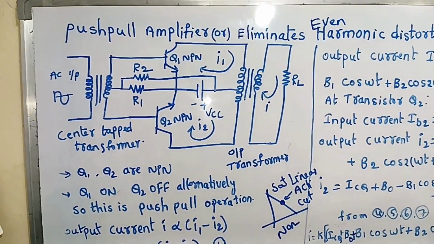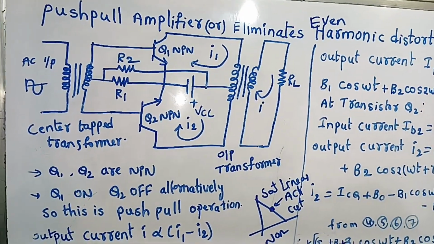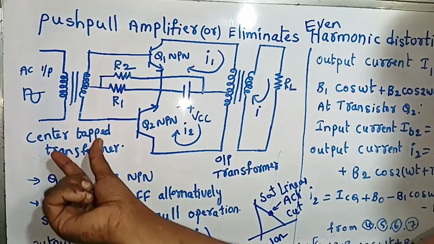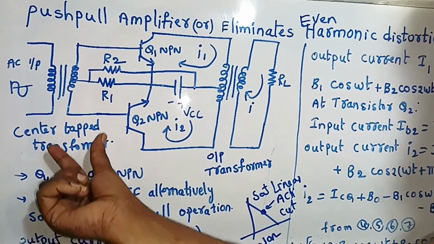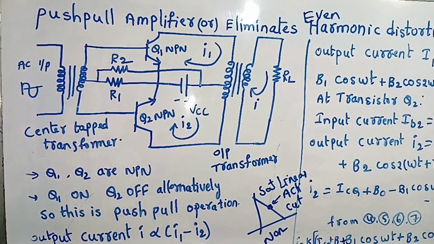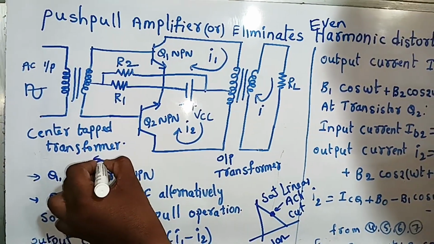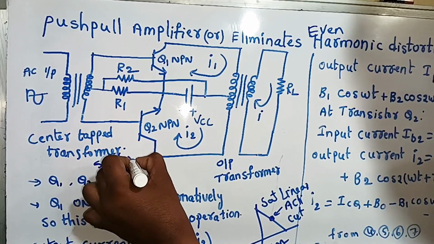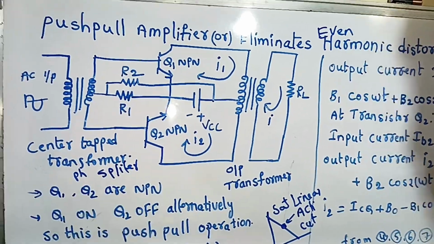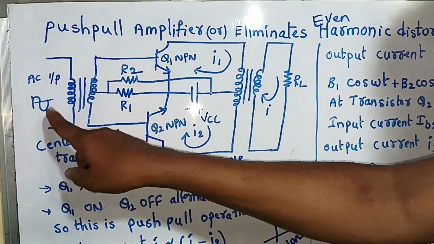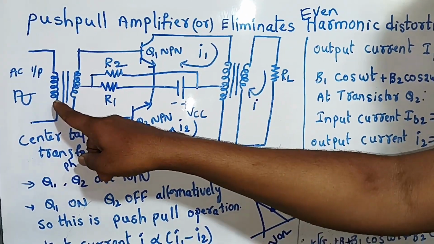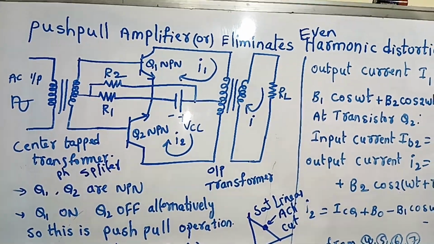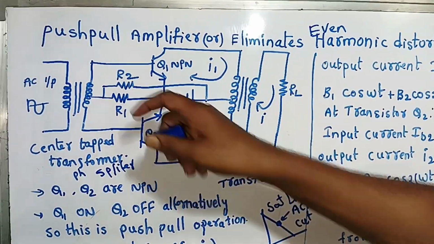We'll see now. This is the basic circuit diagram of the push-pull amplifier. This is the input transformer, also called a center-tapped transformer, or a phase splitter. Here we give the input at the primary of the transformer, and it gives center-tapped equal outputs. Then R1 and R2 provide the